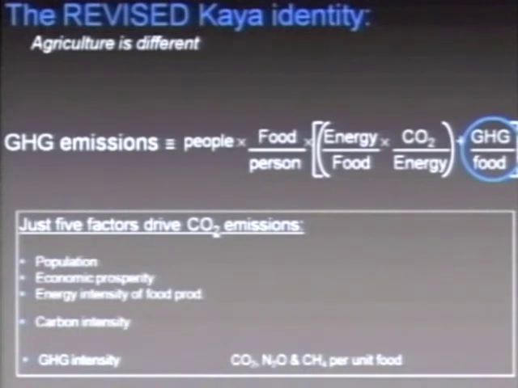And I think that what we need to think about, and we don't really have the tools to do this, is how using different pieces of land affects greenhouse gas emissions per unit food produced. Right now the discussion is about sequestration as a means of offset, but I think we need to think a little bit more critically about how we're using the land and the benefits that we're getting in terms of food production and the costs in terms of greenhouse gas emissions.